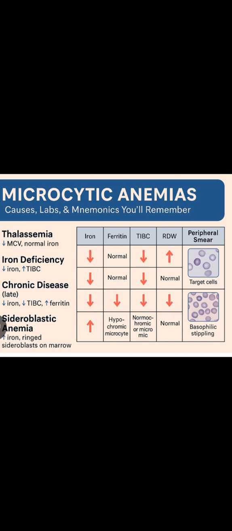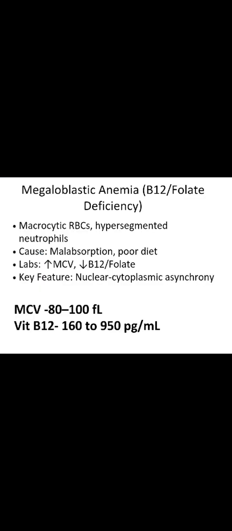So the another important anemia, megaloblastic anemia, it is due to the vitamin B12 or folic acid deficiency. So mainly there are macrocytic RBCs and hypersegmented neutrophils. So there will be neutrophils with more than 5 lobes. Cause will be poor diet or malabsorption. Lab findings will show increased MCV and decreased vitamin B12 and folate. Key features are